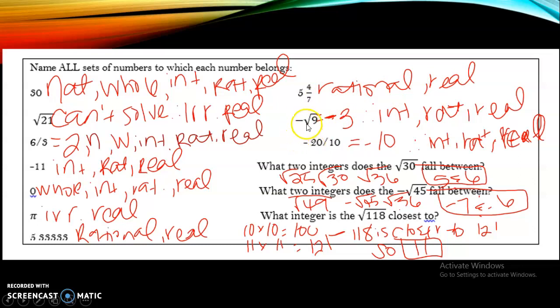The negative square root of 9. Well, that negative in front means that they want the negative answer of the square